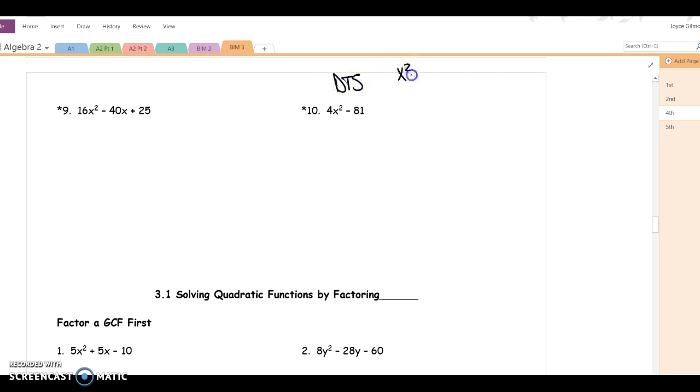Number 10 is like the difference of two squares from yesterday. Yesterday we did a problem that looked more like x squared minus 81. Today we're going to do 4x squared minus 81. 4 is the perfect square of what number? 2. X squared is the perfect square of x. 81 is the perfect square of 9. Your factored form is 2x plus 9